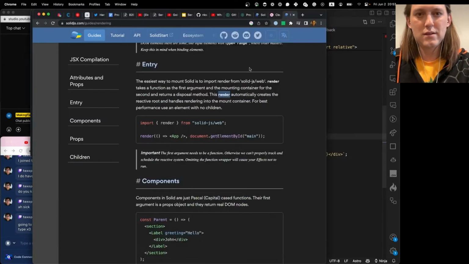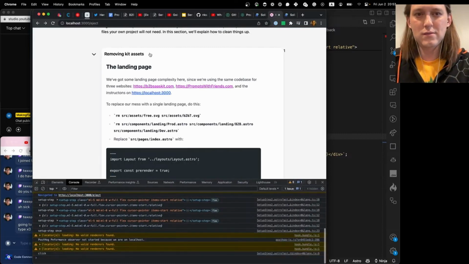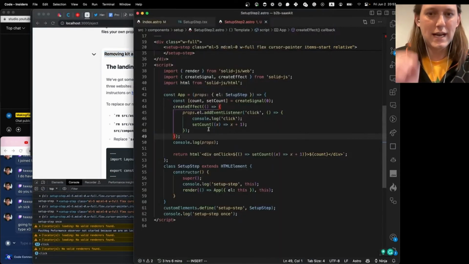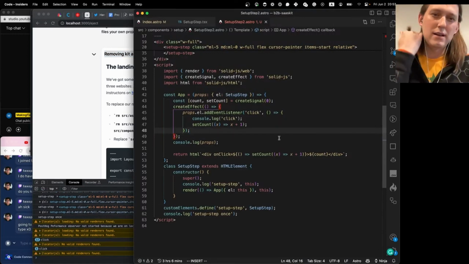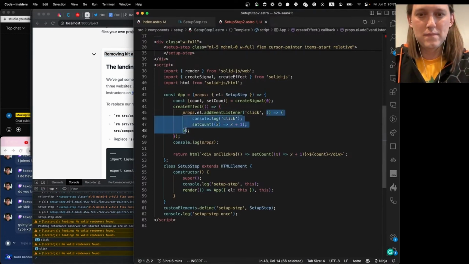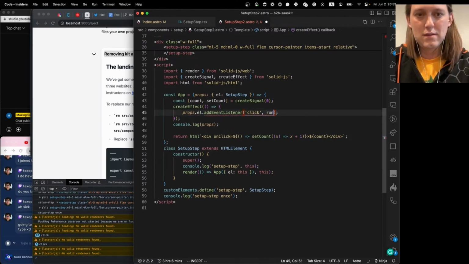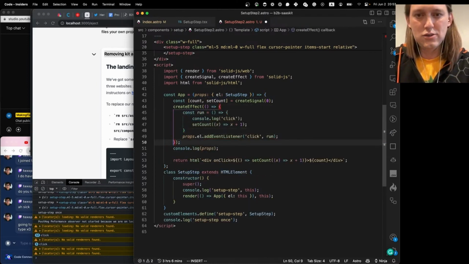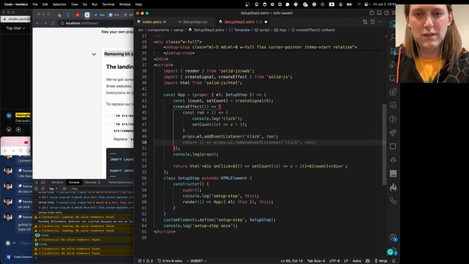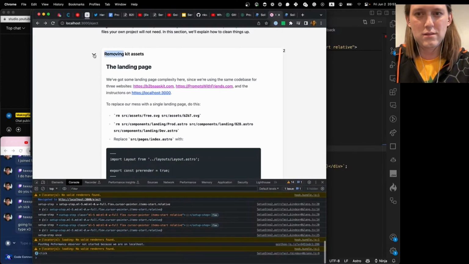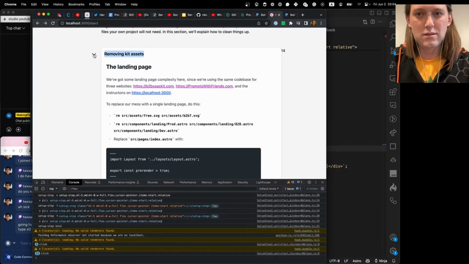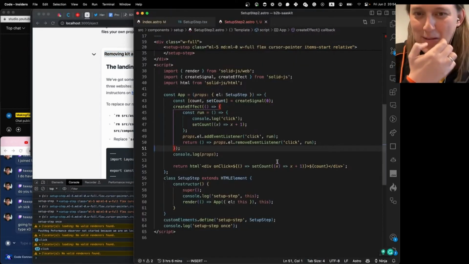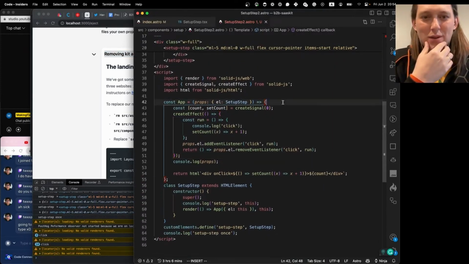Click. Okay, so now I should be able to click on the whole thing and it would react. And I should be able to clean up as well. Okay. I don't know how cleanup is going to work, but